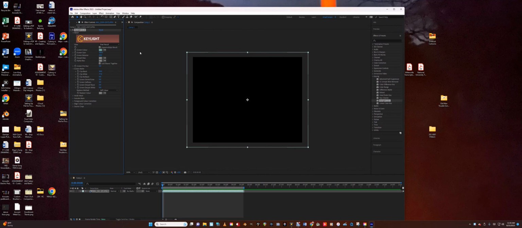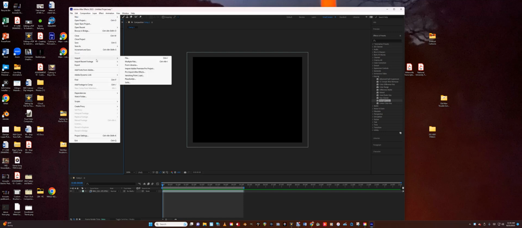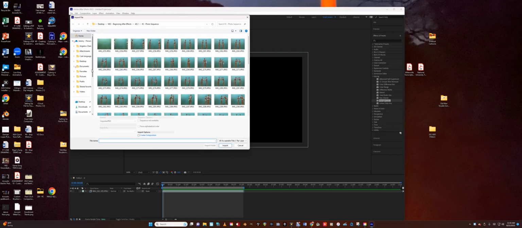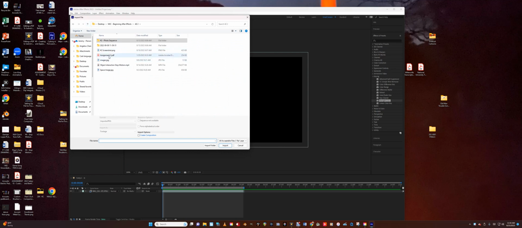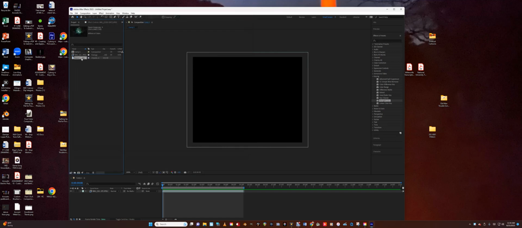Okay, so let's go ahead and close up Keylight here. Let's go ahead and bring in, let's see here. File, we're going to import a file, and we're going to find a photo. Now I have another photo in my folder here, and that is, here's one, space image. So I'm going to grab this JPEG, click import, and there it is. And now what I'm going to do is bring this image down to my